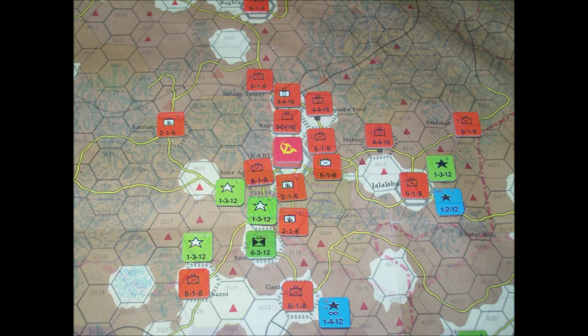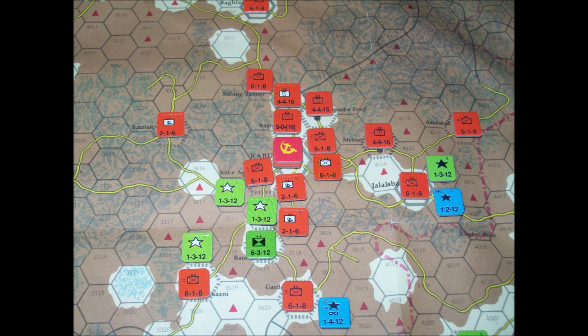Then 3 cadres are formed, though, near Kabul. The resistance basically has no recruiting ability in the north at this point, so the units move to the west to try to engage Soviet units. Some subversion around Kabul and other places is really the only strategy the resistance player can have at this point.